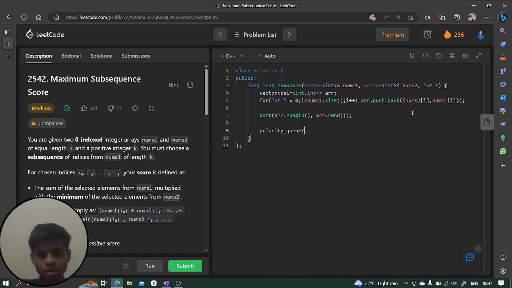So priority queue, right? And after that we can say integer data type, then vector of int, then greater of int. This is how we can make a priority queue, a min heap, right? After that we can say for int i equal to 0, i less than nums1.size(),